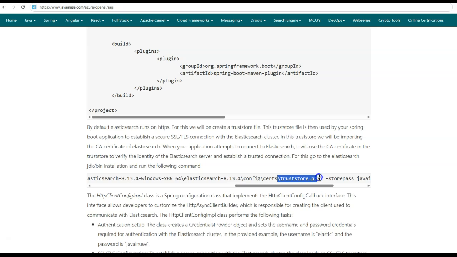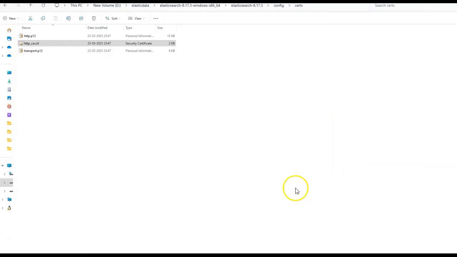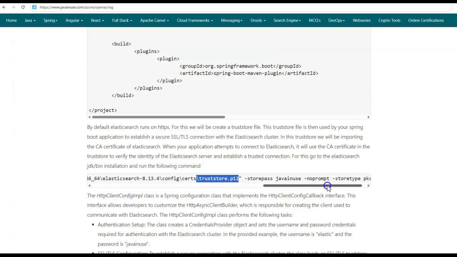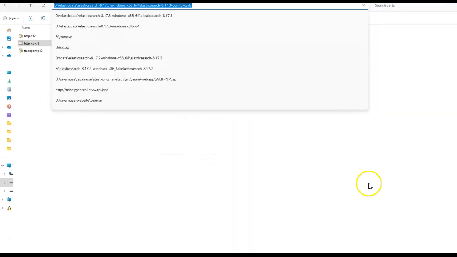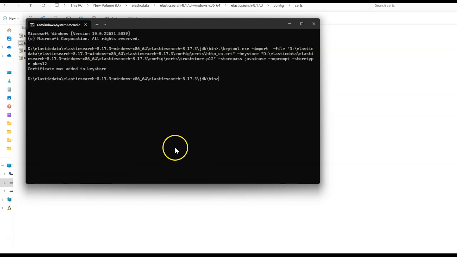The name of the truststore will be truststore.p12. The password we'll be giving as "javainuse", and this will be of type pkcs12. Enter. So a truststore has been created for us, and the certificate has been added to it.